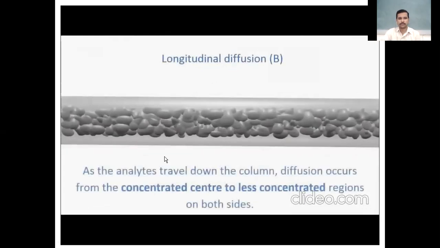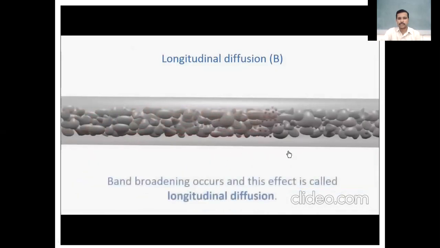Therefore, the eddy diffusion. This is the longitudinal diffusion. You can see at this moment, the bandwidth of this particular solute band is lower. Once it has started to move through the chromatographic column, the width keeps on increasing. Here the width is higher, and still it is moving through the chromatographic column. The width keeps on increasing.